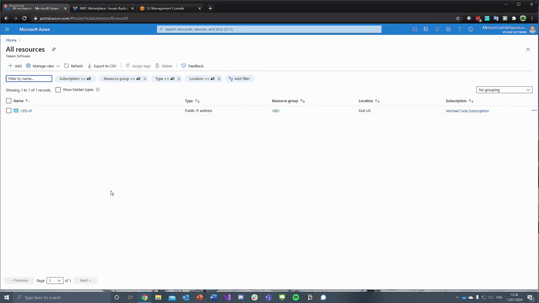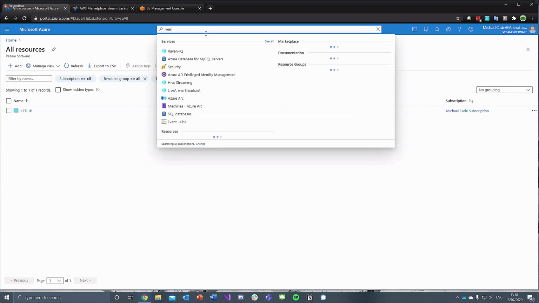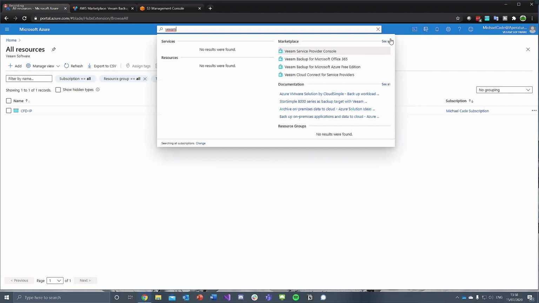First of all, I've got my Azure account. I'm going to use Azure and deploy it from the marketplace. If you have a look, I've got nothing in my resource group apart from an IP address, because I didn't necessarily want to air a public IP address and password to you lovely people out on the internet. So to begin with, let's have a look at the marketplace options that we have